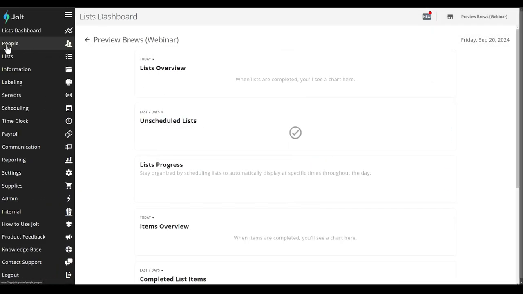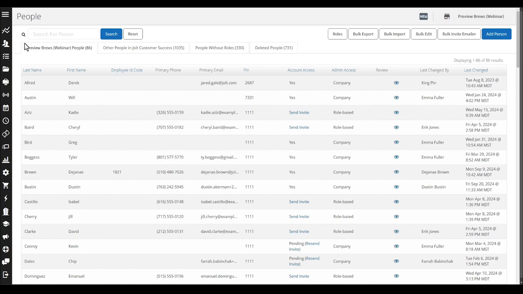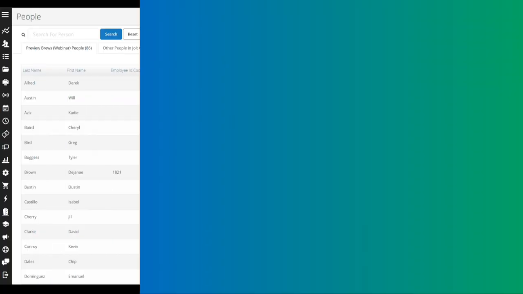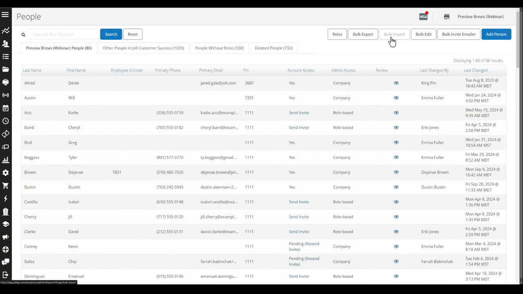Head over to the left side menu and click on People. Every individual can be entered into Jolt to keep track of the tasks they do, the labels they print, where they would be on the schedule, or the punches that they're putting in their time clock. To add an individual team member, click on the blue Add Person button on the right side of the top menu. Or you can also bulk import your roster using the bulk import option, which can be great for getting